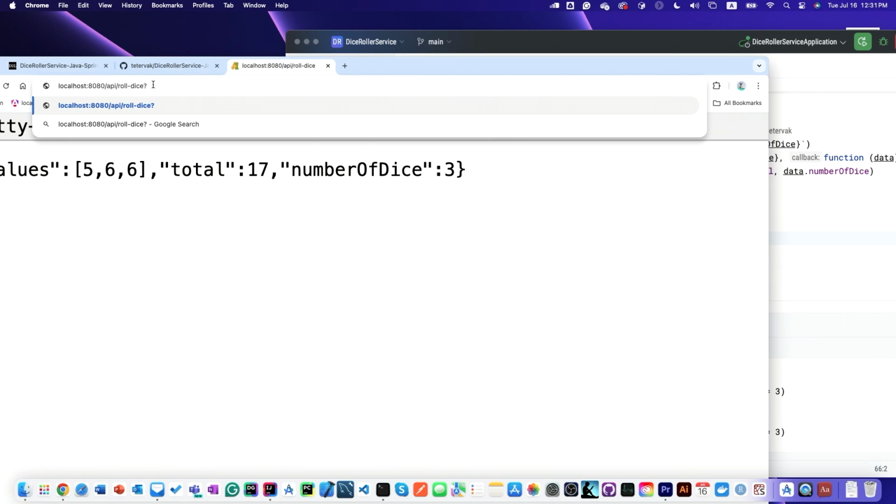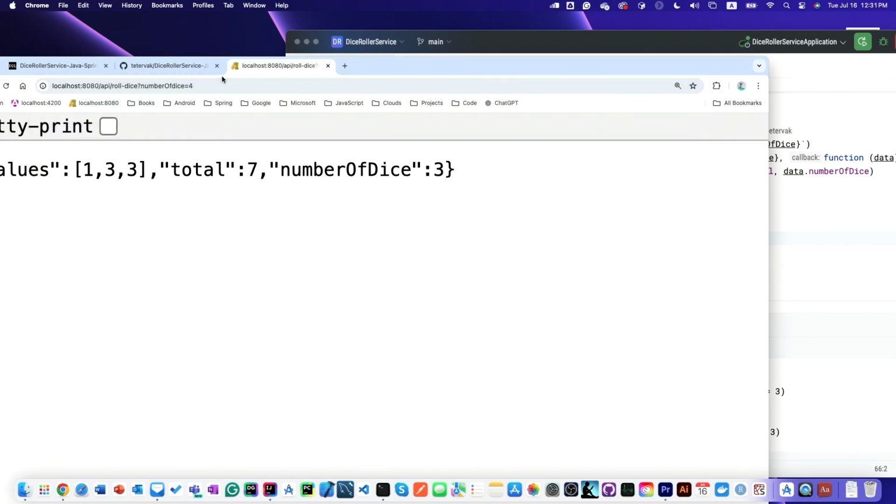If we want to have data for any number of dice, not any, it goes up to 5. I have a limit in this program, an artificial limit. I put an if: if it is more than 5, just use 3. If I provide the parameter number of dice, for example 4, and press enter,